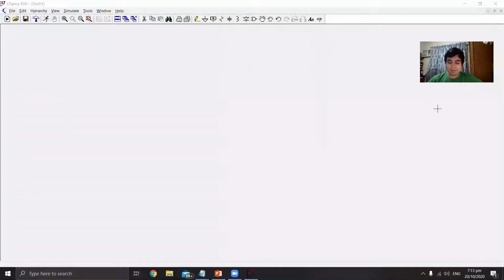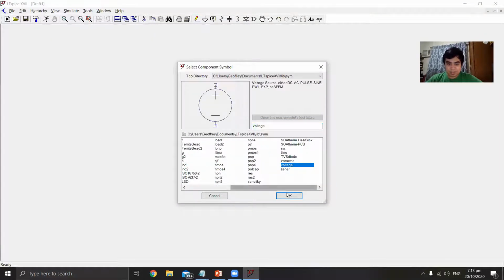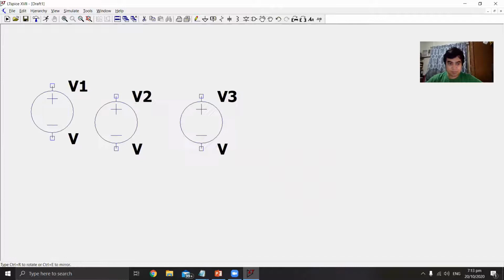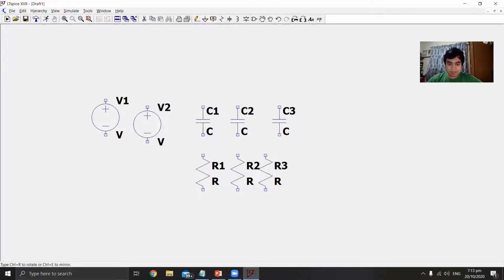Good morning, good afternoon. Today, we will discuss the common source field effect transistor amplifier, or common source JFET amplifier. To make this circuit, we will need two voltage sources, three capacitors, four resistors, plus one load resistor,